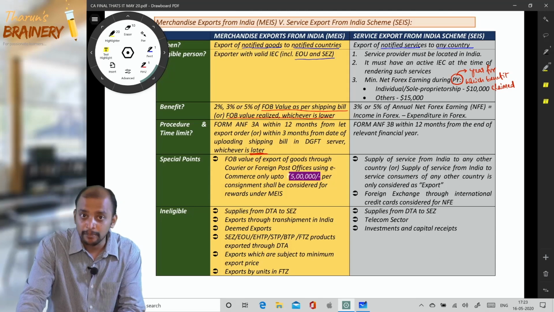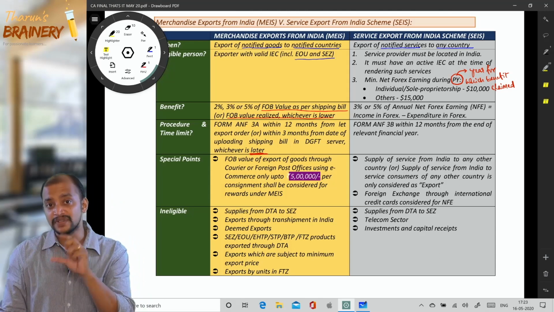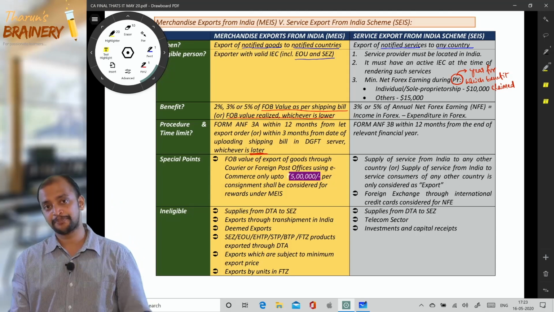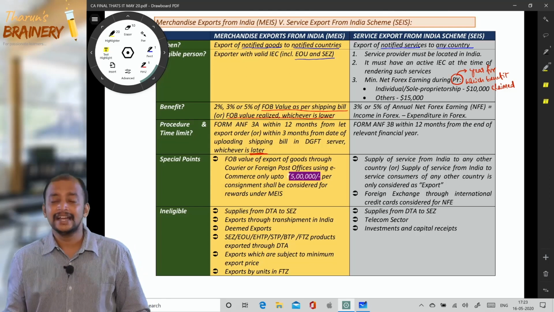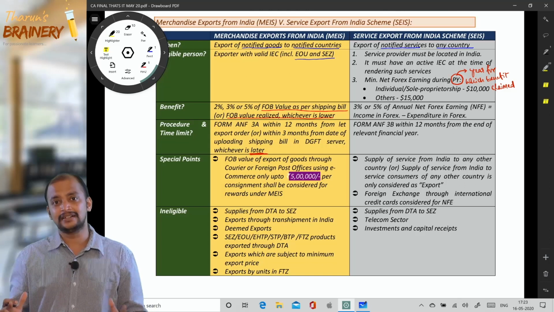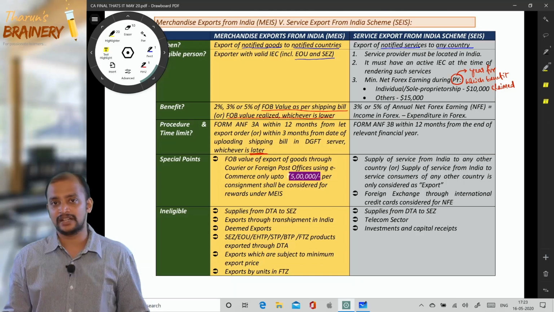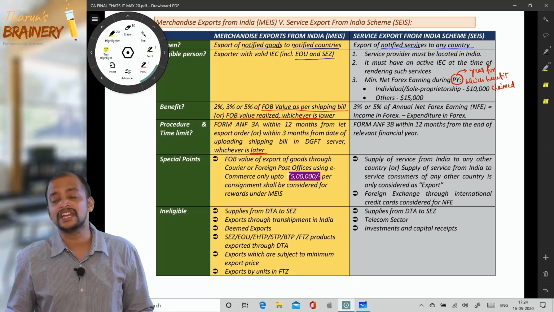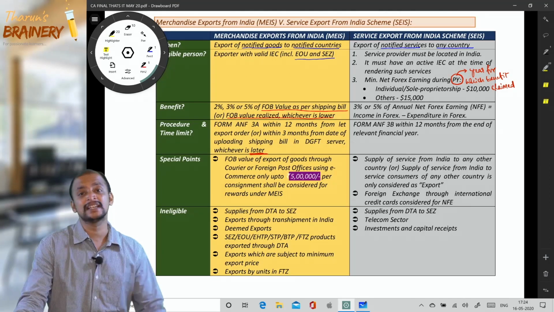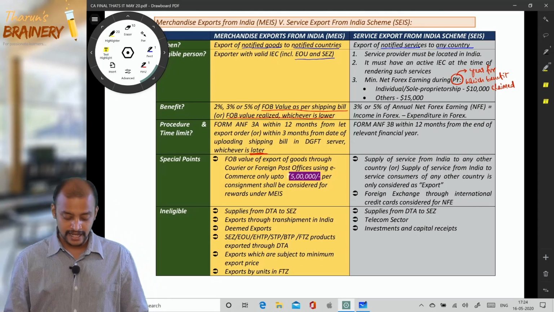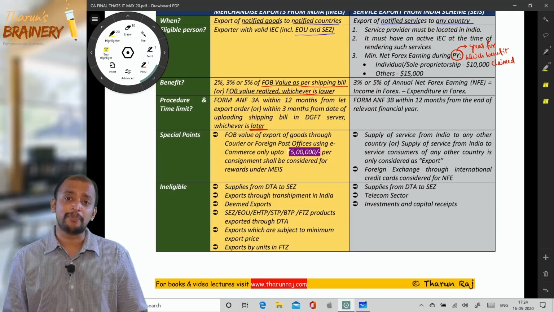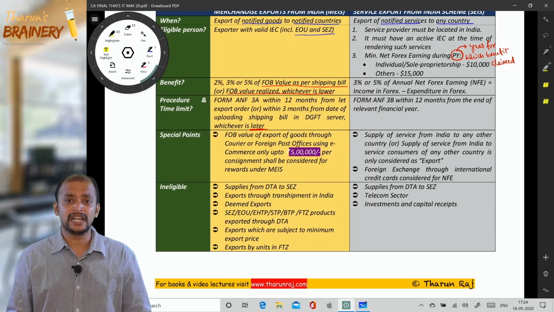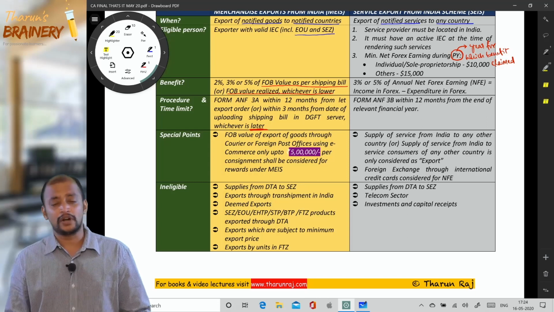FOB value in the shipping bill or FOB value realized, whichever is lower. That is important. Whereas in case of SEIS, anyhow it is on the year, on the NFE they will be claiming that, though that percentage should be calculated on NFE. NFE refers to income in forex minus expenditure in forex. Usually FOB value in the shipping bill or FOB value realized, whichever is lower, so whatever we have